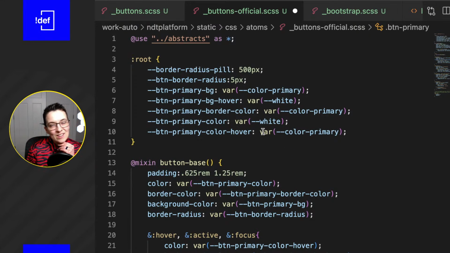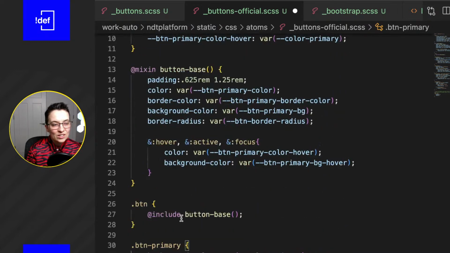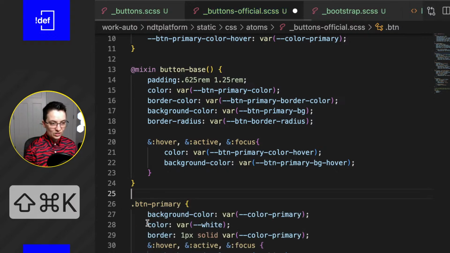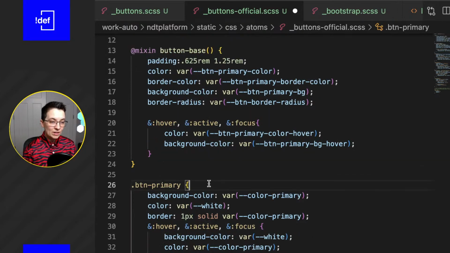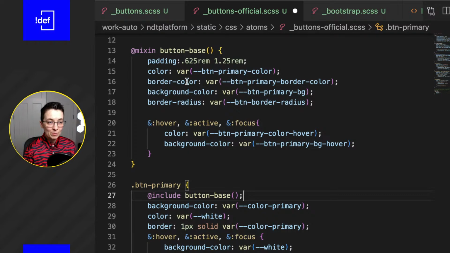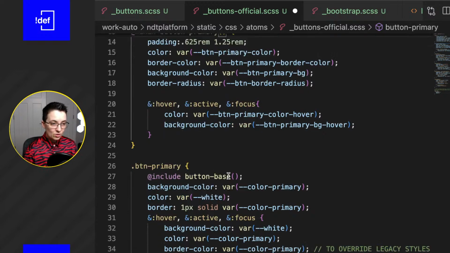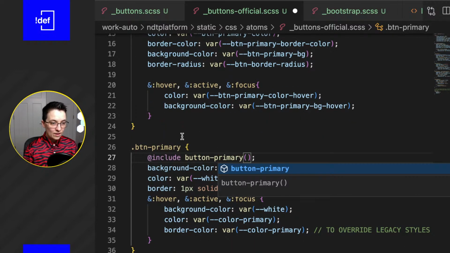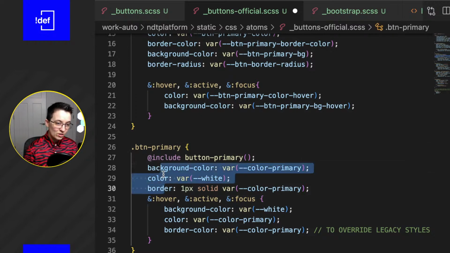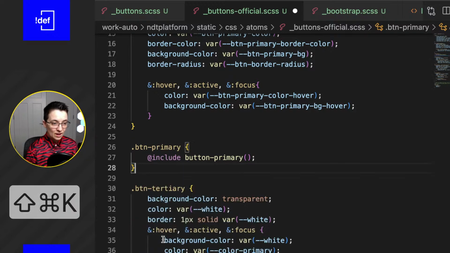So to think of it as .btn is actually just overriding that default HTML style. So maybe we actually get rid of overriding button at all and just let Bootstrap take care of it for now. And then I'm going to swap this in for button primary, because we've basically defined our primary button. So really this shouldn't be button base, it should be button primary. And so if I change this here and here, then I should be able to get rid of this. Actually, we should be able to get rid of all of this. And hopefully